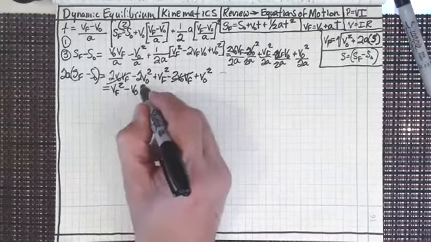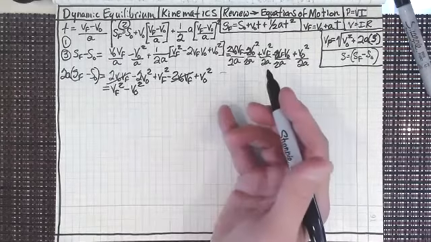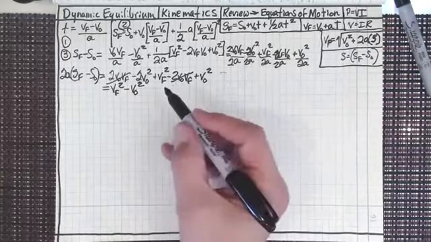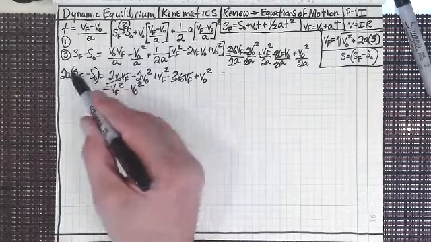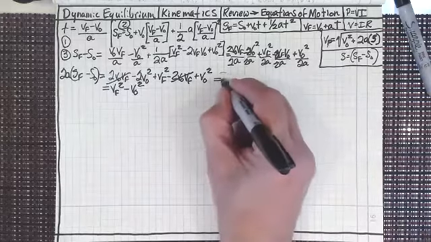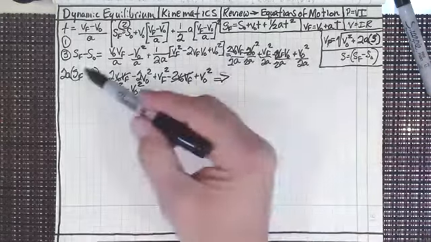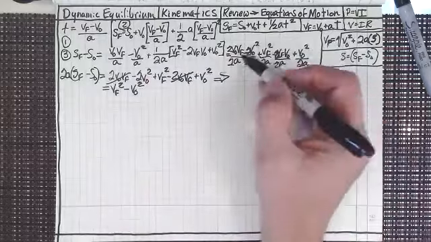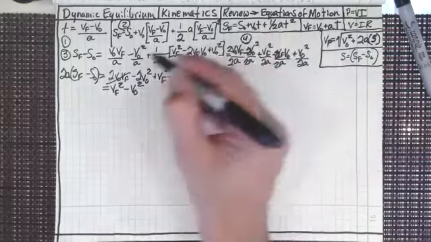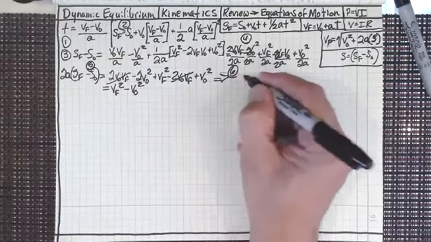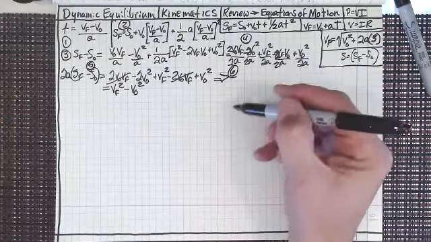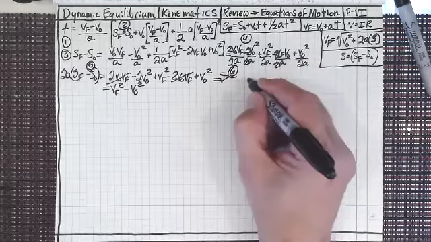Minus V sub o squared. So let's take that V sub o squared over to the other side. If this is step 4, then I guess that's step 5, and then this is step 6, which is the finale. Take that over to the other side, and I've got